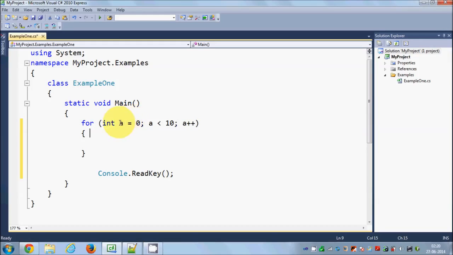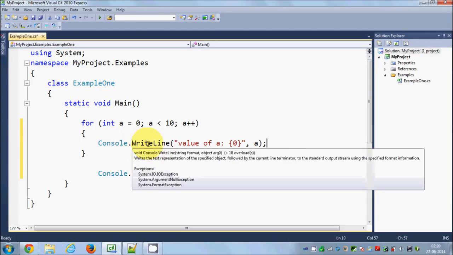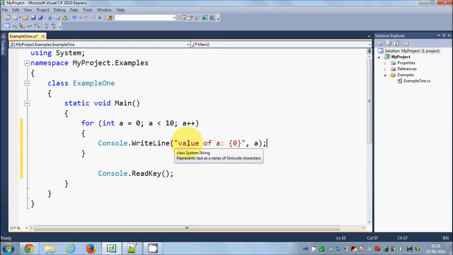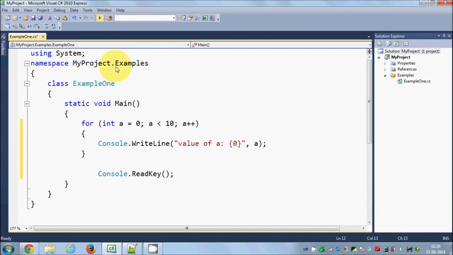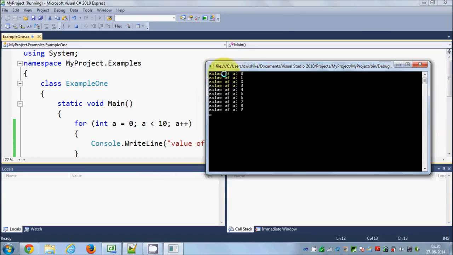and in here I want to print the value of a if it's less than 10. Okay, so I will just print the value of a. I will write Console.WriteLine, and in the bracket I will say value of a is, and in this placeholder I will pass the value of a. Okay, so let's try and run this program. And what this program did is it just printed the value of a from 0 to 9, which are 10